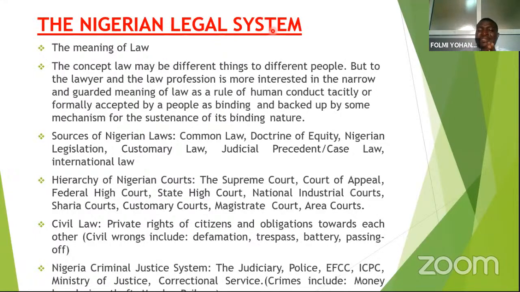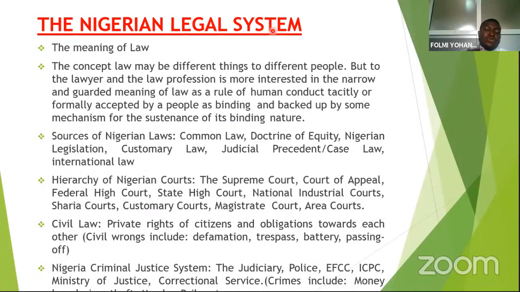So this court has the exclusive jurisdiction to entertain such matters. Once judgment is given against a party and he is not satisfied with the judgment, he can appeal to the Court of Appeal. We have the Sharia courts, which are there to entertain matters relating to Islamic law. Once parties are subject to personal Islamic law, they can subject themselves to